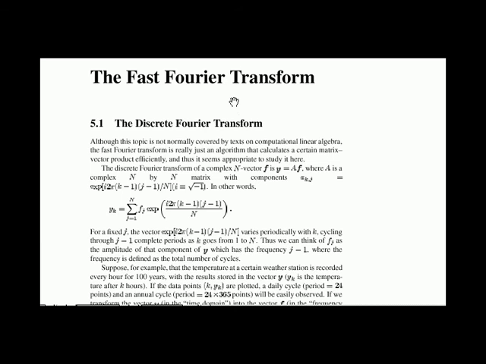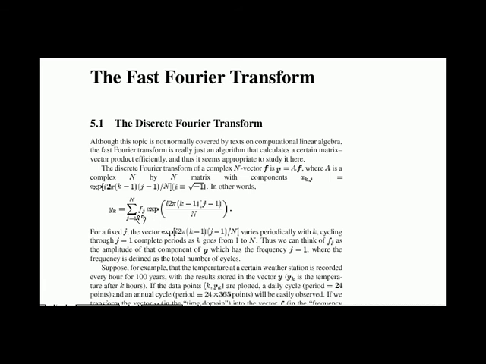Chapter 5 is about the fast Fourier transform, which is a topic that's not normally covered by texts on computational linear algebra, but it does have something to do with linear algebra, and it's an interesting topic, so let's do it. You're probably familiar with the Fourier transform, where you expand a continuous function, say y of x, as an infinite series of